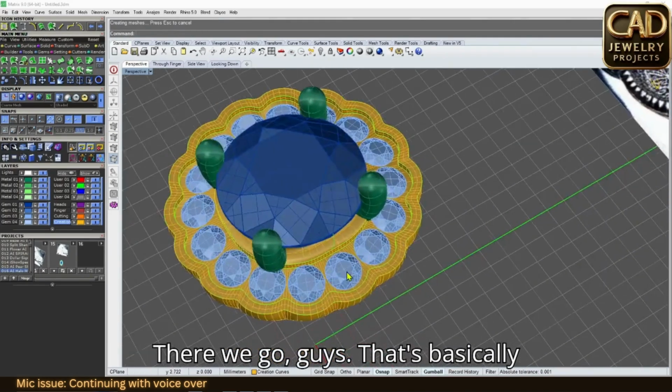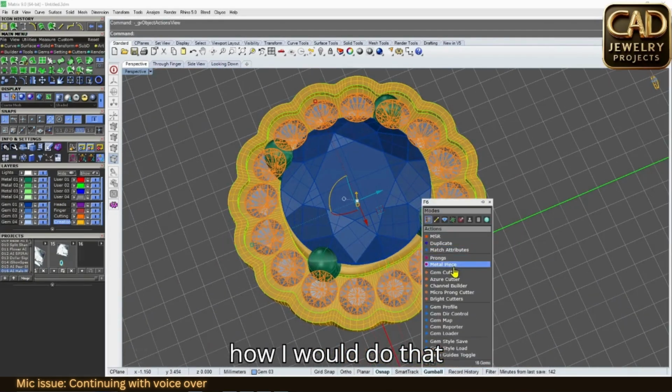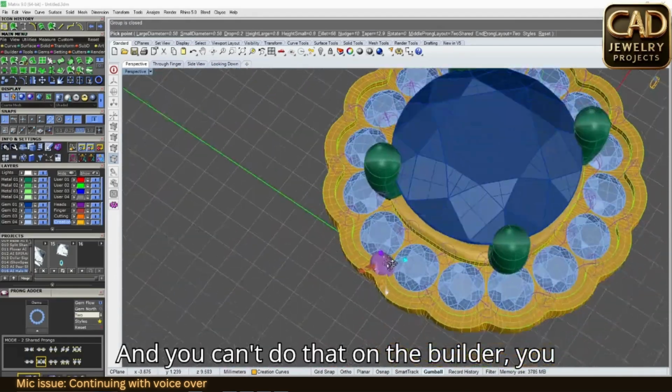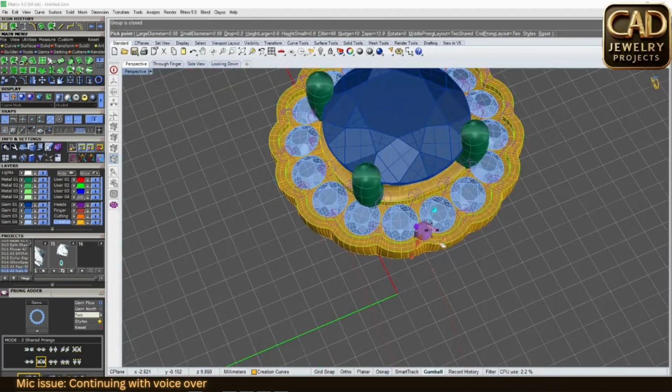There we go, guys. That's basically how I would do that kind of scallop halo. And you can't do that on the builder, you have to do it manually. Okay, so